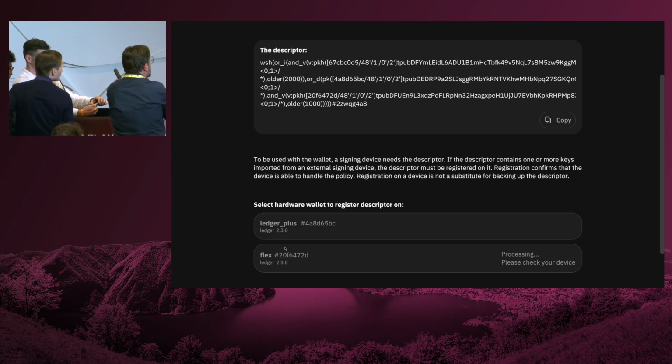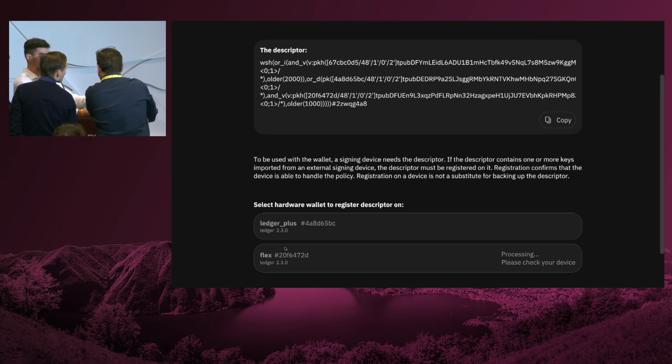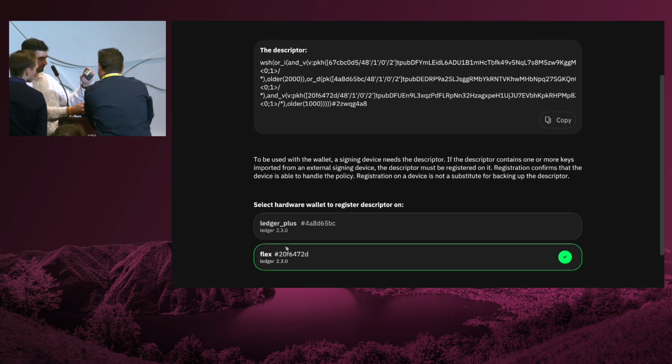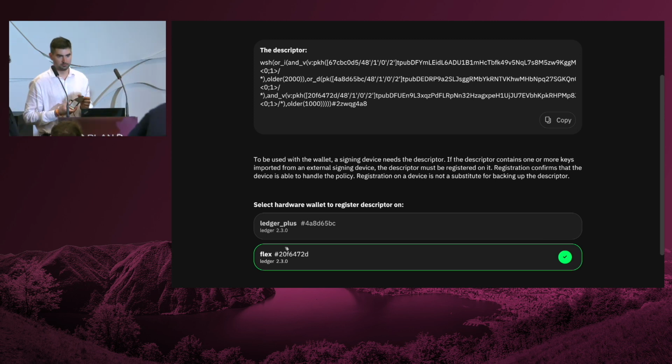And the nice thing here is that the hardware wallet will show you the XPubs, and it will tell you, okay, this XPub is not mine, and that XPub is mine. So you will see it here. This one is external. That's not the XPub of the device. External, and it should show internal. So the third one is the key of the device here. And do we want to approve? Yes. And now the hardware wallet has the descriptor. Actually, it doesn't store the descriptor. It stores a hash of the descriptor.